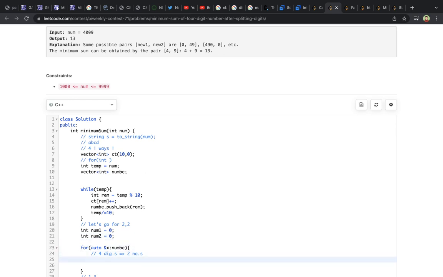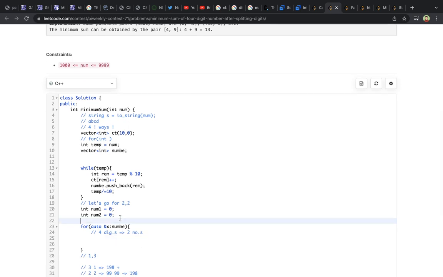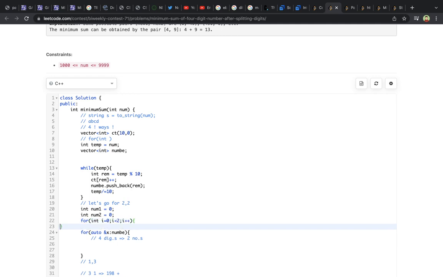And for the first 2 numbers, so let's say for I is equal to 0, I less than 2, I plus plus. So what I'm gonna do is just take the first 2 numbers from the number vector, and